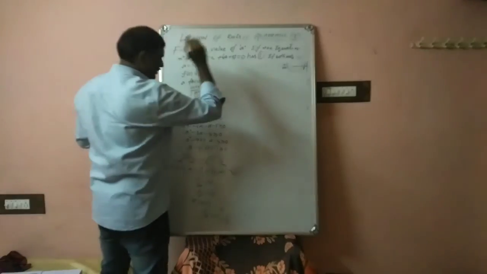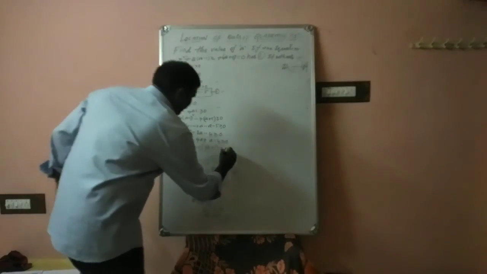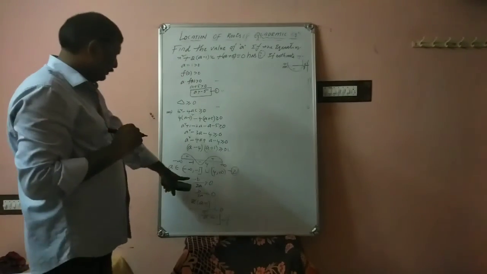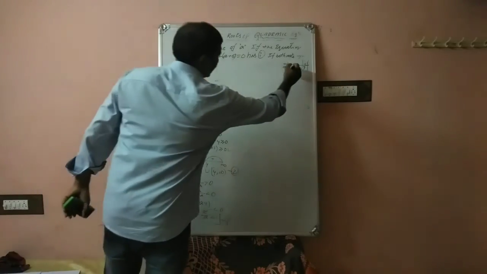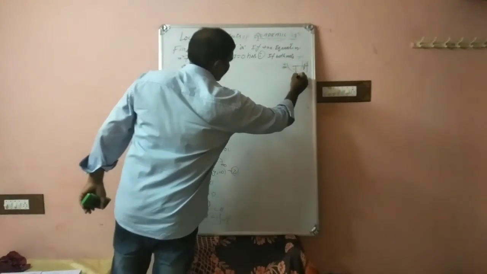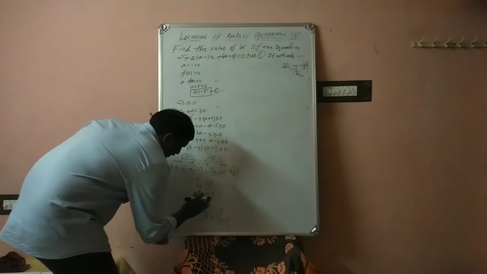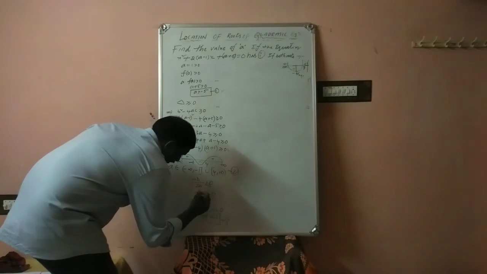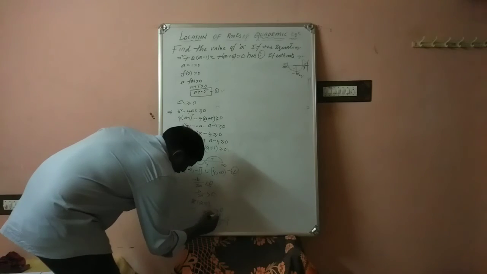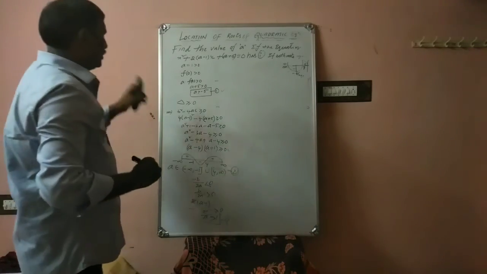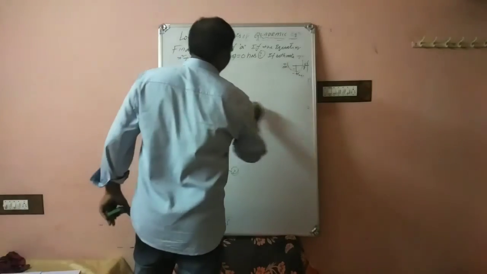So the same condition here also. Delta greater than 0, this is also same condition. And minus b by 2a greater than 0 it seems. No, but whereas here, what is minus b by 2a? Is less than 0. It is only modification. Minus b less than 0, then it will be greater than. So A is greater than. That is only change. So now represent all these on a number line.